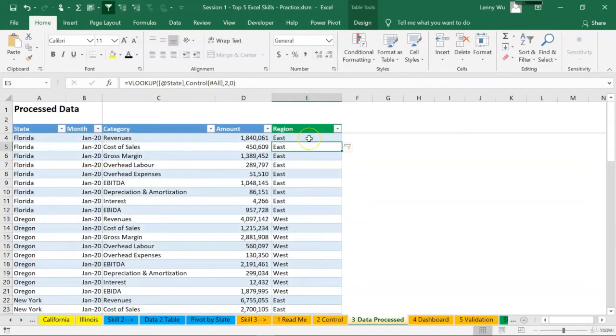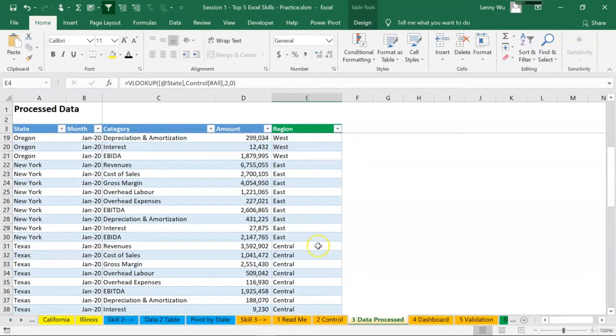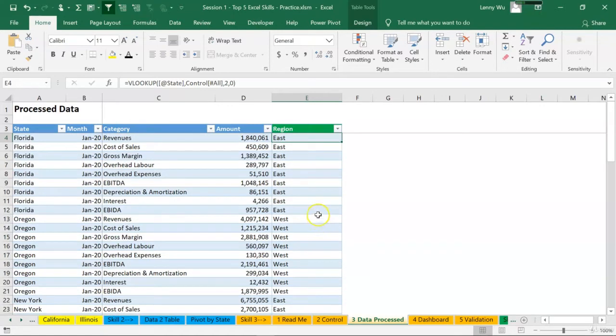And as you can see, once we hit enter, all cells below it are populated automatically with the formulas. Why? Because we are typing the formulas inside a table. That's the benefit of using a table rather than a regular list. Okay, now we have put all the data and put some formulas in there. We have a complete list of data processed so that we can move on to the next tab for the